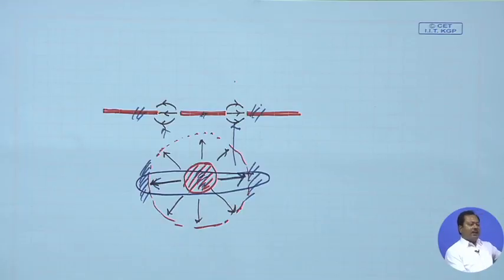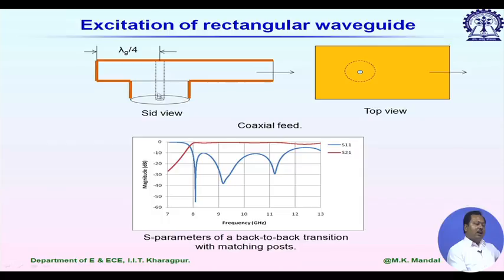Next, coaxial cable to waveguide: how can we excite it? Inside the coaxial cable we have TEM mode, and inside a rectangular waveguide we have transverse electric mode. In this case we have to use a mode converter, and this is done by using the fringing field of this coaxial line. So, with the inner conductor, you can see this is the cutaway view, this is the side view. The wave inside the rectangular waveguide is propagating from left to right,